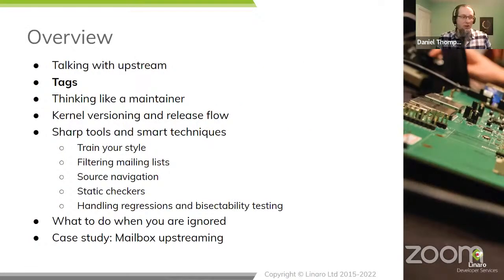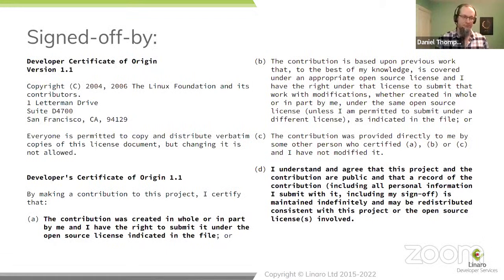So that's a brief summary of the actual email aspects of working together on the kernel. We're now going to, as we promised last week, talk about the different tags available. I think I said in the answer to questions last week that we'd look slightly more at what it formally means when you say signed off by. In other words, what are you signing off? What are you signing off when you put signed off by into the bottom of your patch?